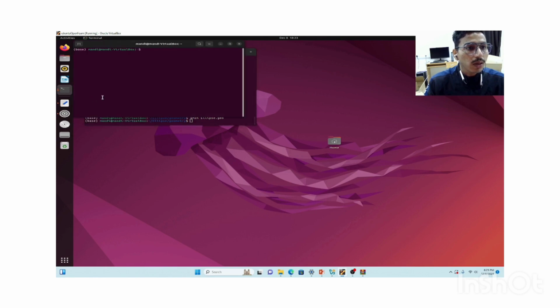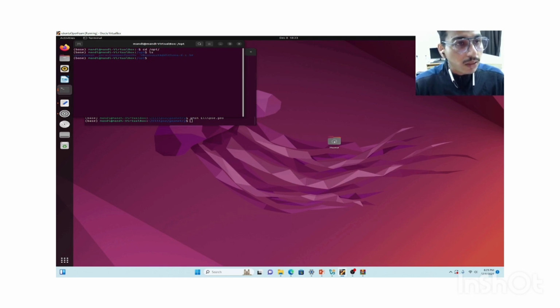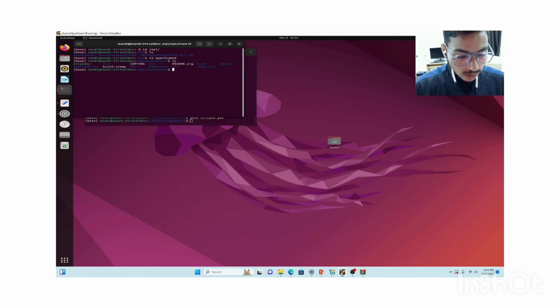Choose cd /opt, then do ls, then cd OpenFOAM-10, ls, then choose tutorials, cd tutorials,